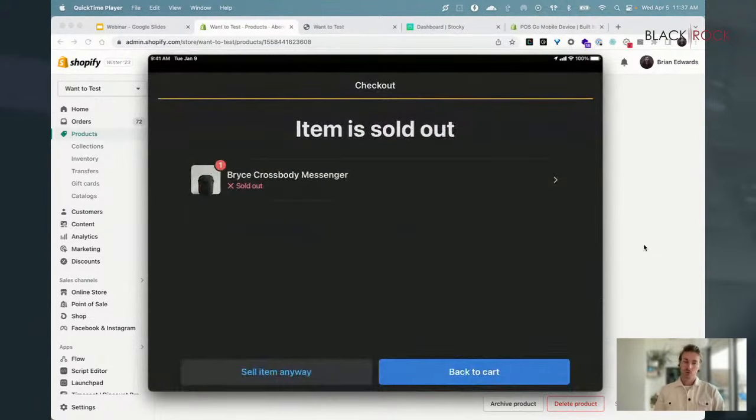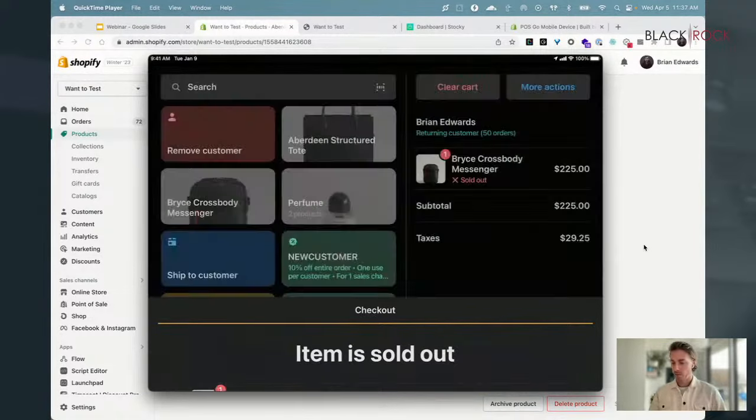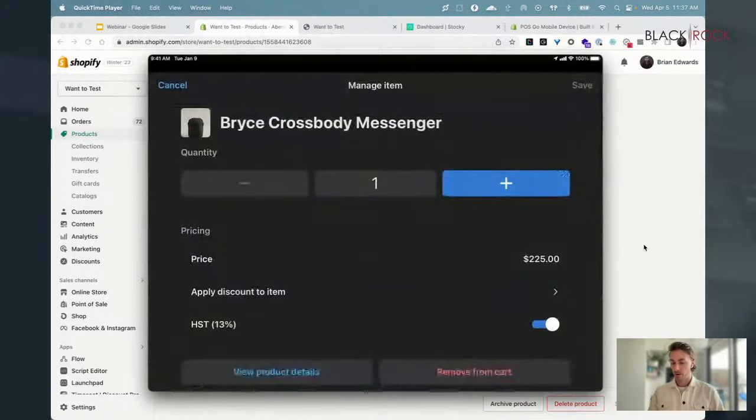In some scenarios, inventory may not always be perfect. Something may say that it's sold out, but you may have it in your hands physically. You can actually go through and sell that item anyway and override that sold out message. That's okay. But if you want to double check and verify, maybe someone just ordered this product for pickup,